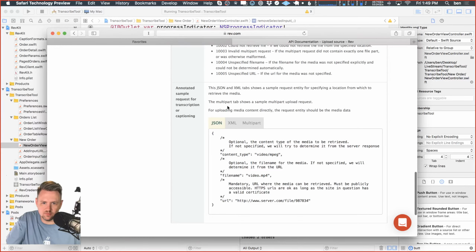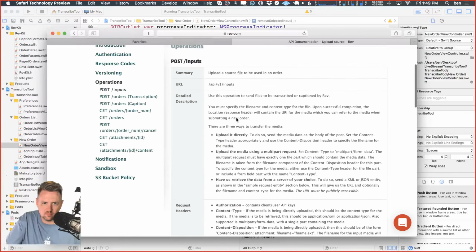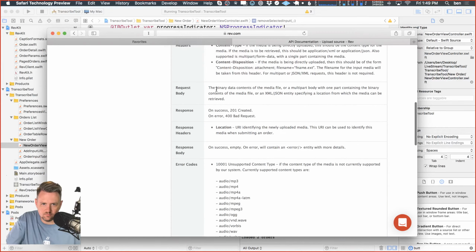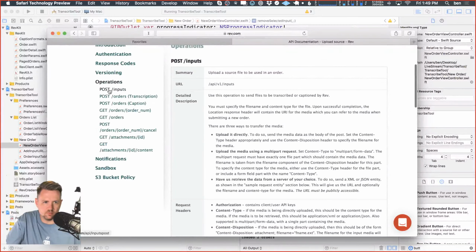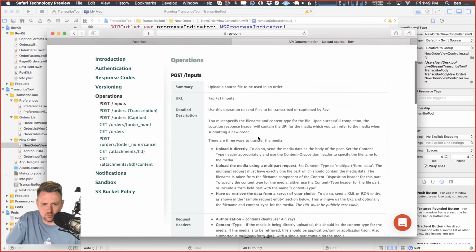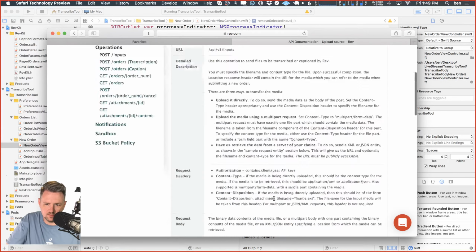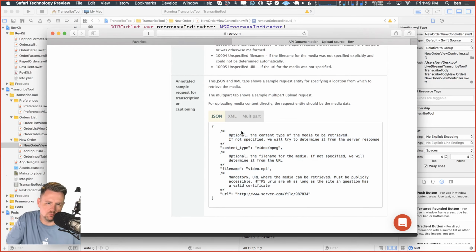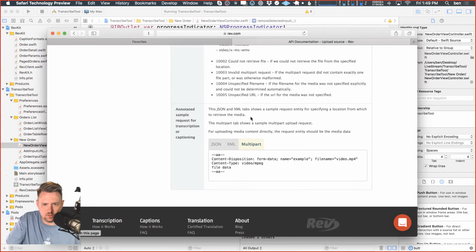This is the return value. It's kind of, this isn't, it's trying to describe 3 different things. Send us an XML or JSON entity like this. Yeah, this is not the return value. So this is what we're posting basically. So a single one. And then if we end up doing the multi-part thing, then we would end up,